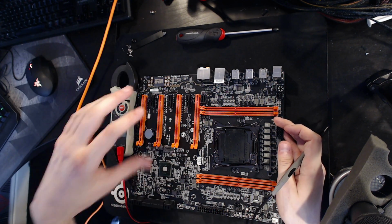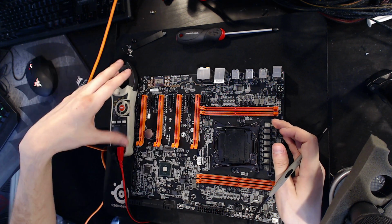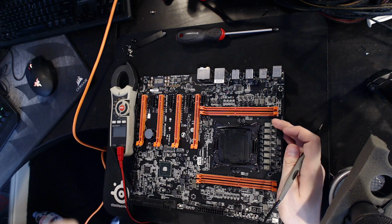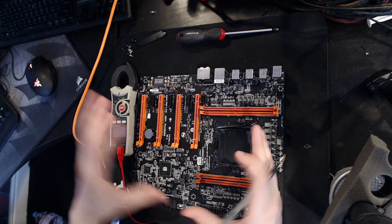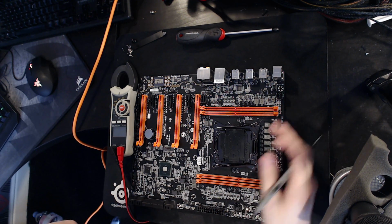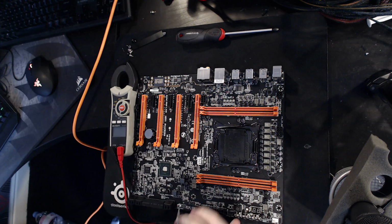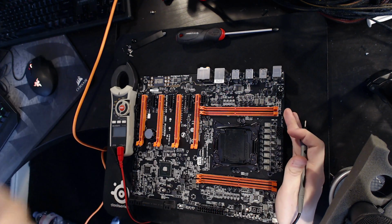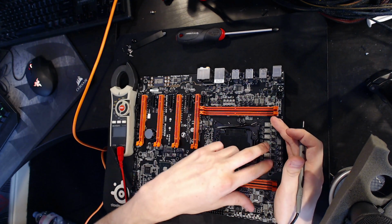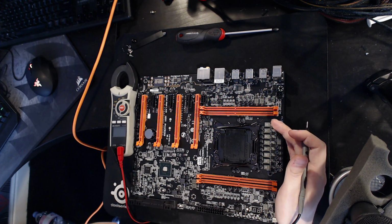Luckily, International Rectifier, their different power stages in terms of specs are very, very similar. So the 3556 will not differ that much from the 3551. The 3556 will have better frequency tolerances and that kind of thing, and it'll be more efficient across a larger frequency range. But ultimately, these should be very comparable to the 3551, so I'm just using the 3551 datasheet because that one actually has all the details. So I'm probably going to be quoting higher heat outputs than what these will end up doing, because these are newer than the 3551s. So these should be a bit more efficient, but nonetheless,